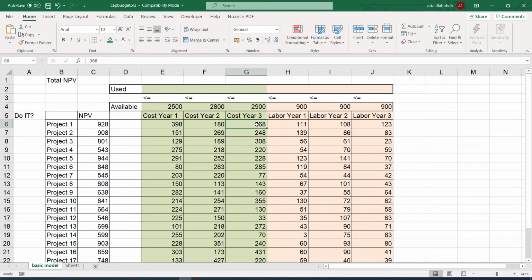The project has also some other requirements. For example, in first year it will require 111 employees. In the second year it will require 108 employees, and in the third year it will require 123. So in front of each project the costs are listed in the first 3 years, and the labor requirements are listed in the first 3 years.